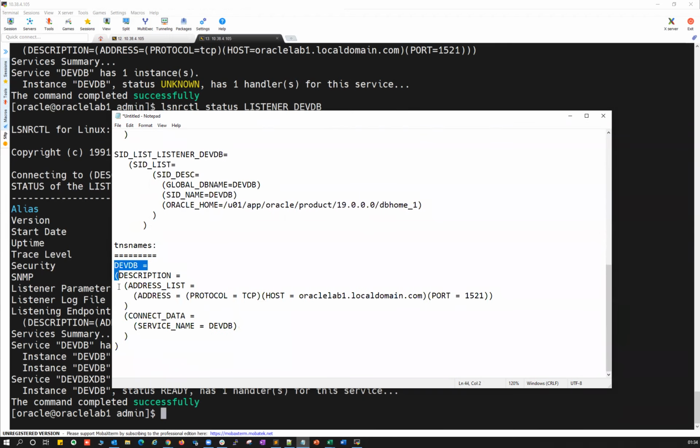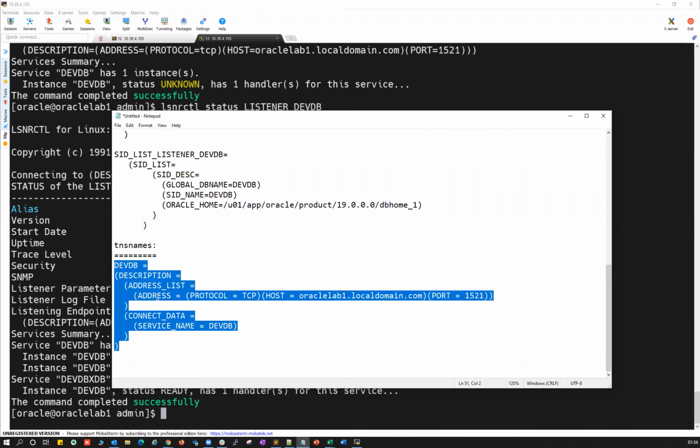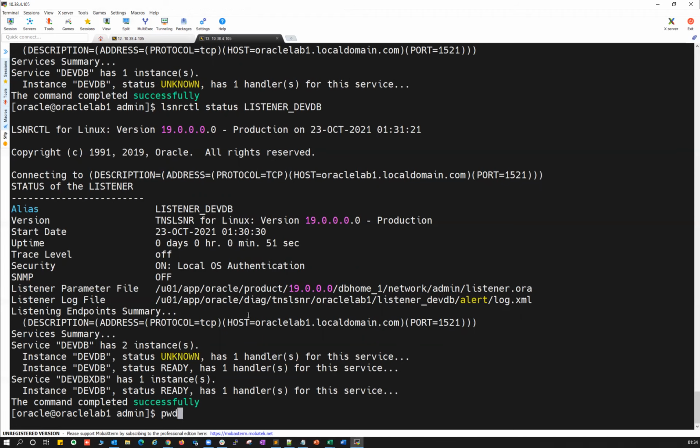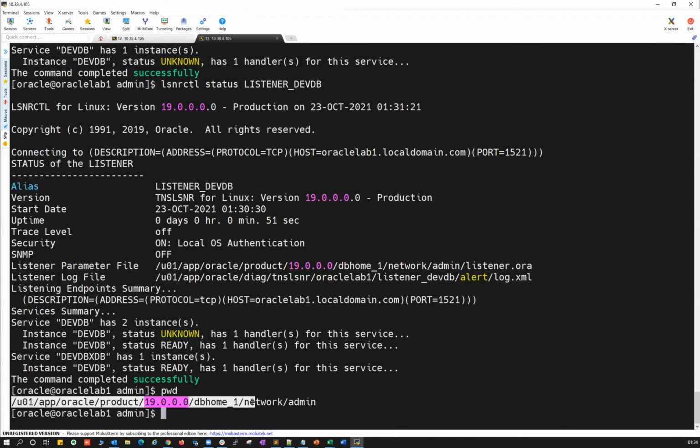And then, last, to touch base on today's demonstration, your TNS files. You're going to add it in the same location, network admin under your Oracle home. There you're just going to create, with vi, tnsnames.ora. That's your tnsnames.ora.